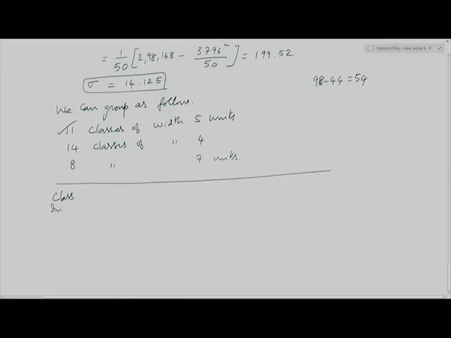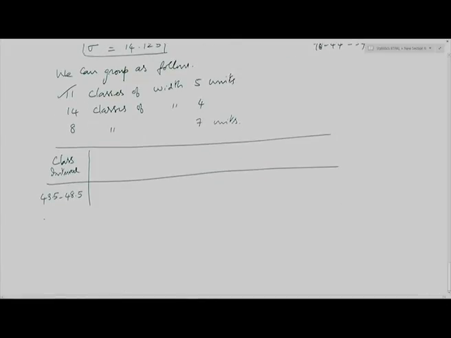Class interval: from the lowest, 44, let me put 43.5 to 48.5. So, 5 is the width of the class interval. Then the next class intervals are 48.5 to 53.5, 53.5 to 58.5,